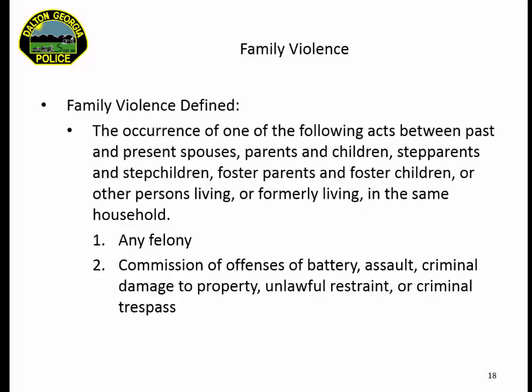The next section we'll talk about is family violence. We'll do a real quick refresher on family violence and the definitions of that, and then we'll talk about the second half of this. Family violence is defined as the occurrence of one of the following acts between past and present spouses, parents and children, step-parents, stepchildren, foster parents and foster children, or other persons living or formerly living in